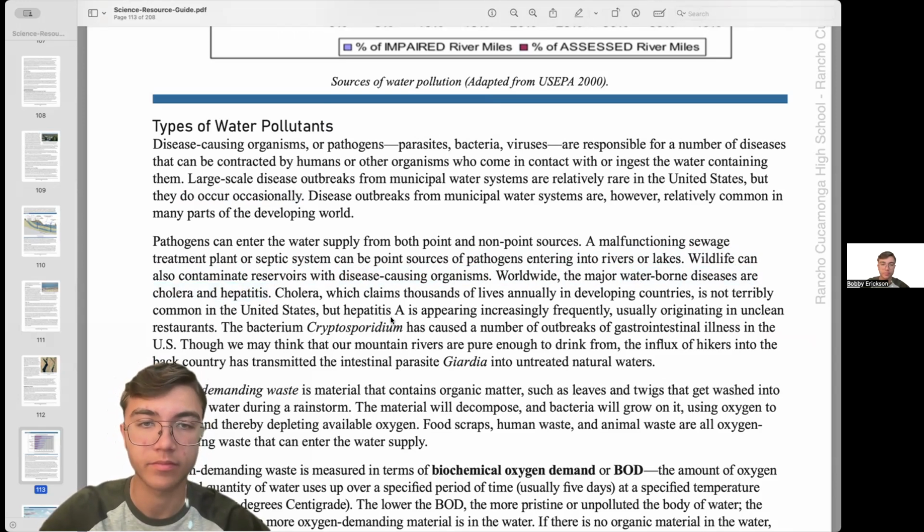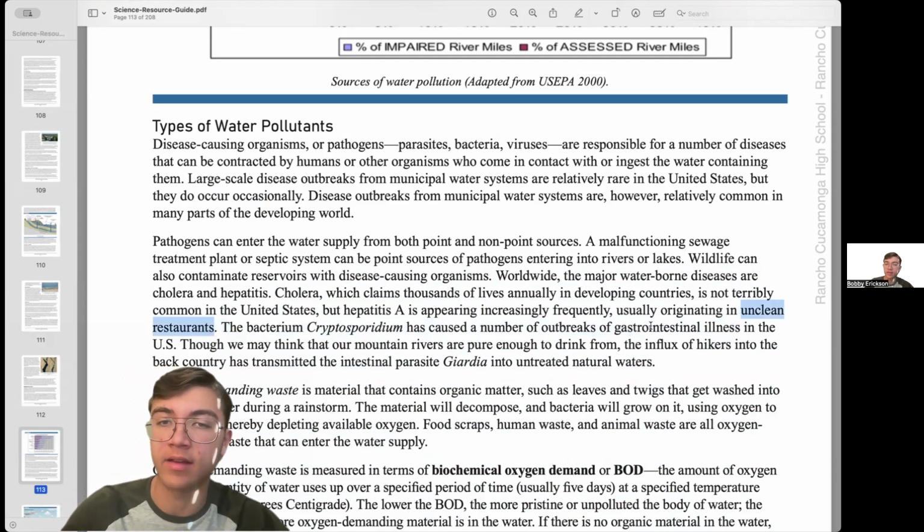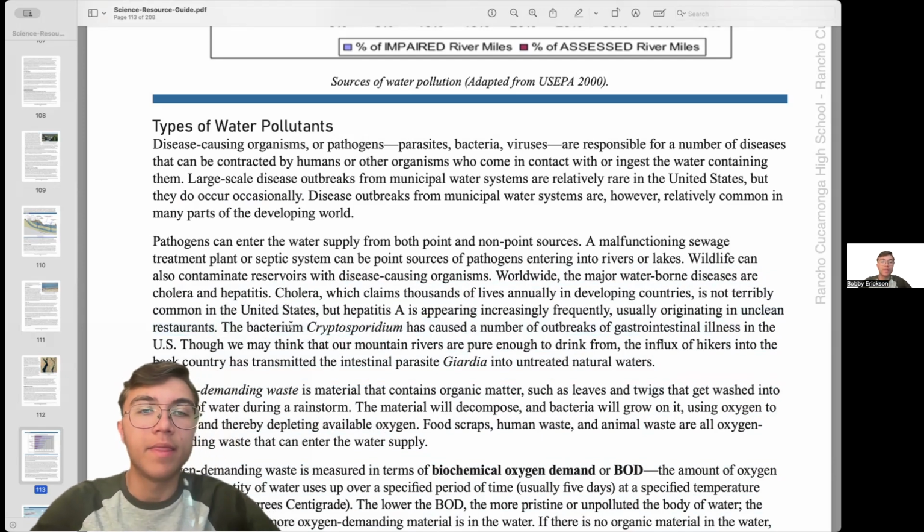Cholera happens more in developing countries, thousands of lives, versus hepatitis A, which is actually happening more commonly in the United States because of unclean restaurants, more specifically. So if you have unclean restaurants, then that means hepatitis A is going to be coming for you. Then there's